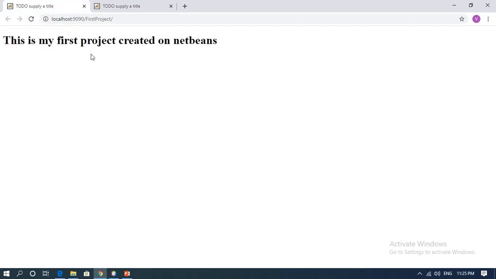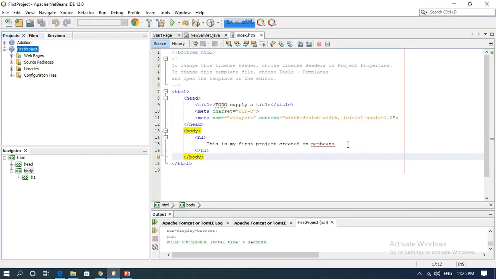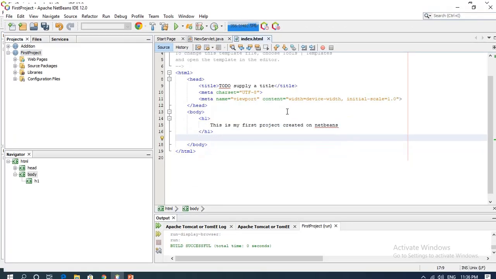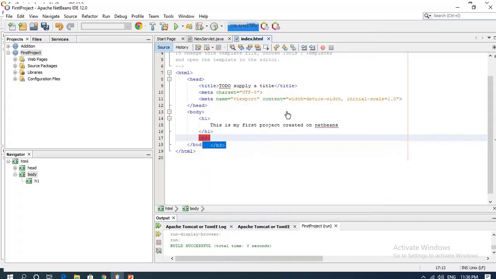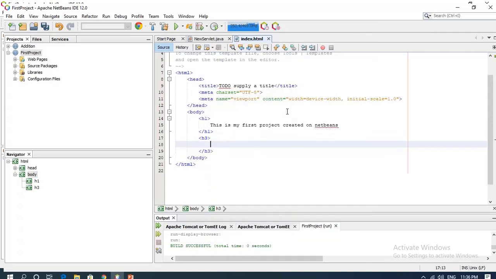Can you see? If I want to make a bit of changes on my browser, I'll have this part. This is an example.